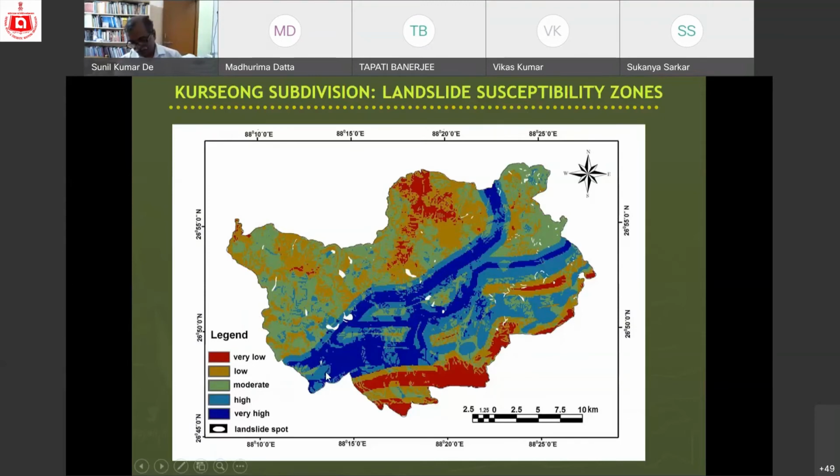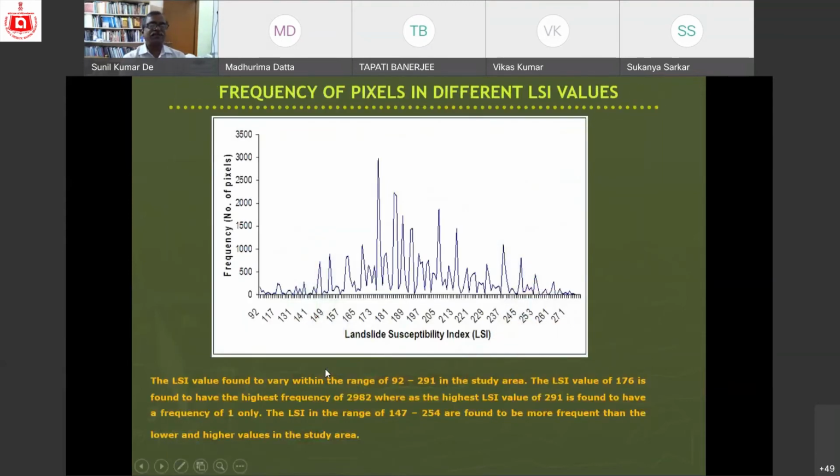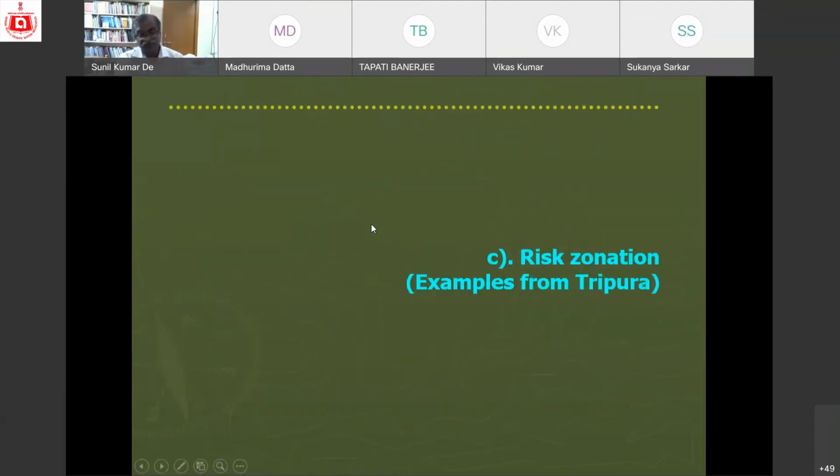Low and very low. Now, after that, we have tested it, and we have found that moderate category of susceptibility zones are possessing highest number of landslides. So some mistakes were committed because BIS proposed that it should be tested for each slope unit, each micro slope unit. So if we consider one whole slope of a hill and these micro slope units, it will take long time because we do not have that much amount of money.